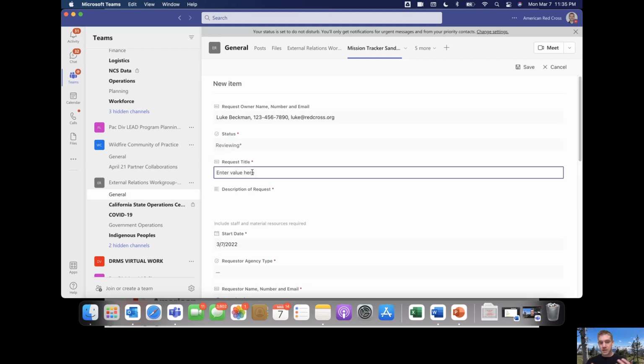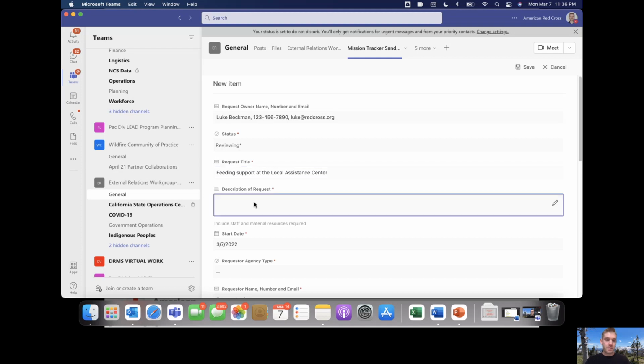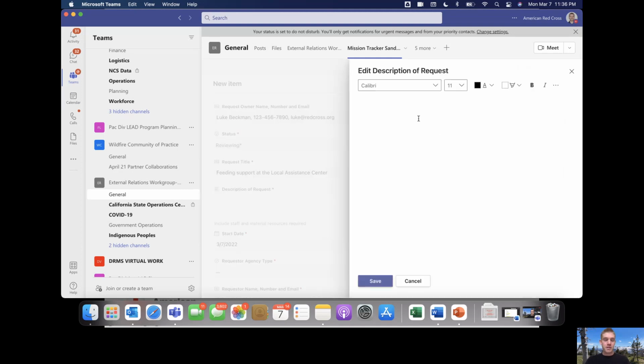Now, the request title, mission title. This is basically just a common title that's easy for anybody to understand. And I'm going to say feeding support at the local assistance center. Somebody wants us to help feed. So description of request, we could say county needs Red Cross to feed 100 meals per day at the Washington County LAC